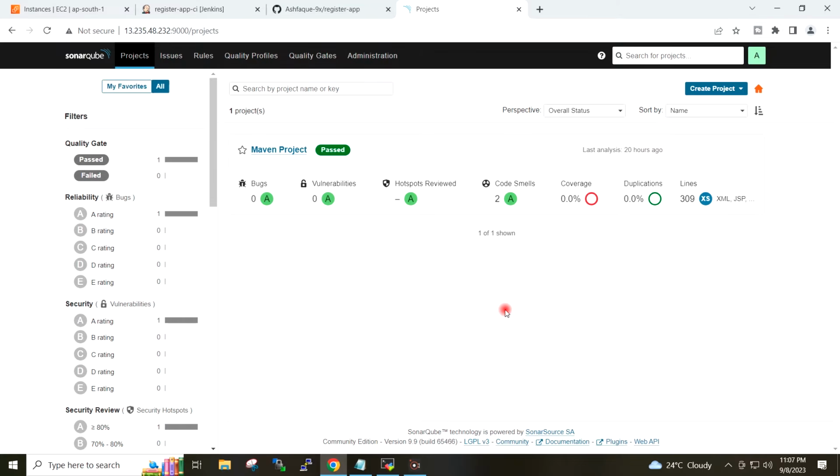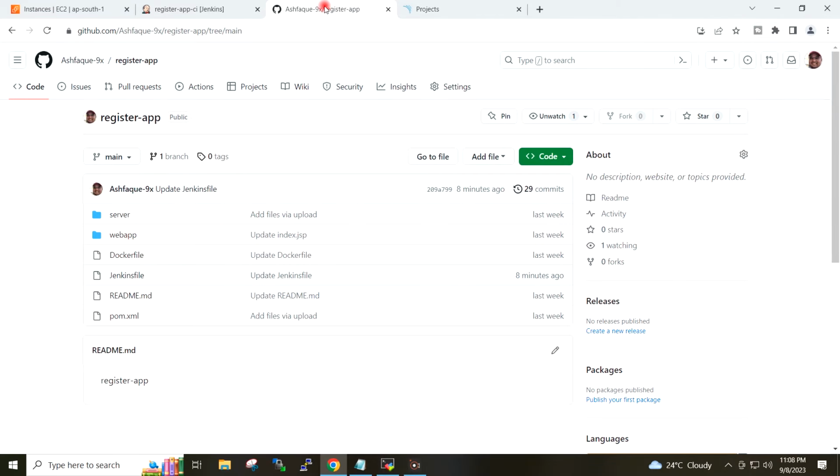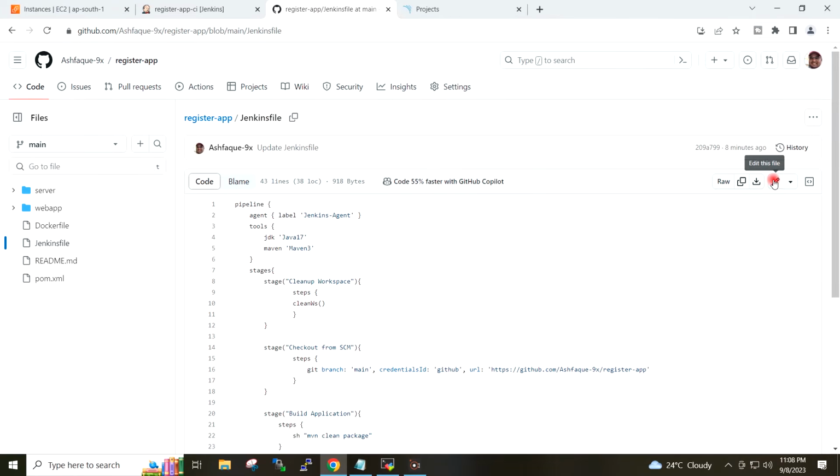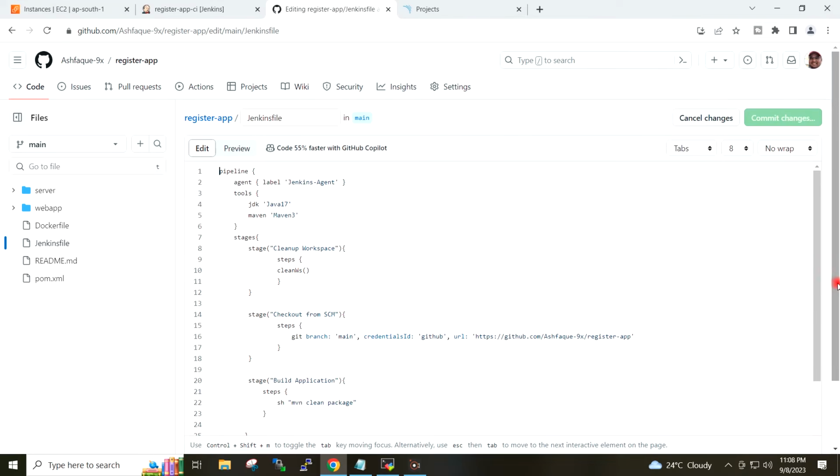I will now go ahead and create the one more stage under my pipeline script for the quality gate. So I will go to my repository. I will open the Jenkins file. I will edit it, and I will add one more stage.